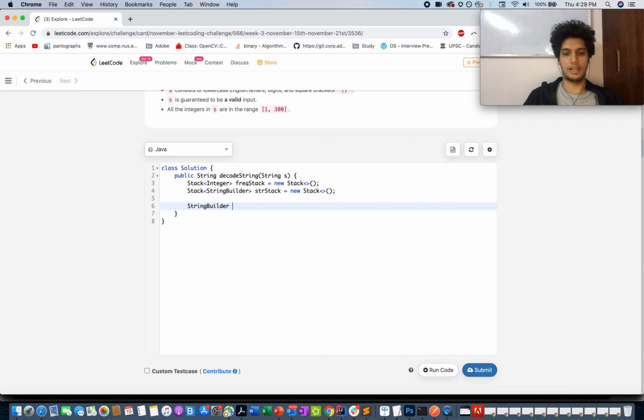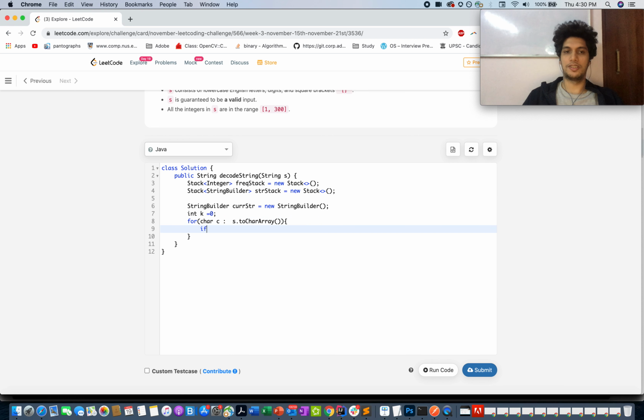So that will be my current str equals new StringBuilder, and another variable to store k, what we call the frequency. So let's iterate through the string, char c in s.toCharArray().